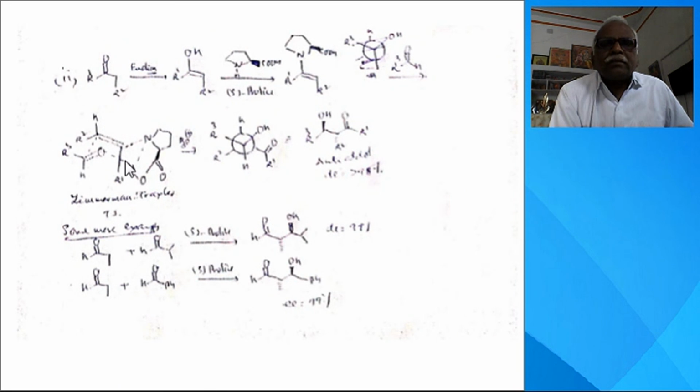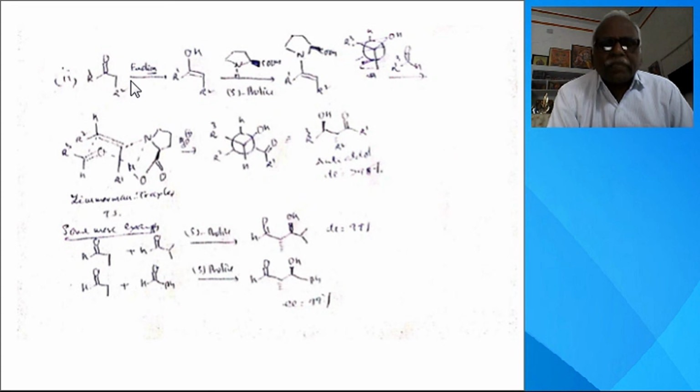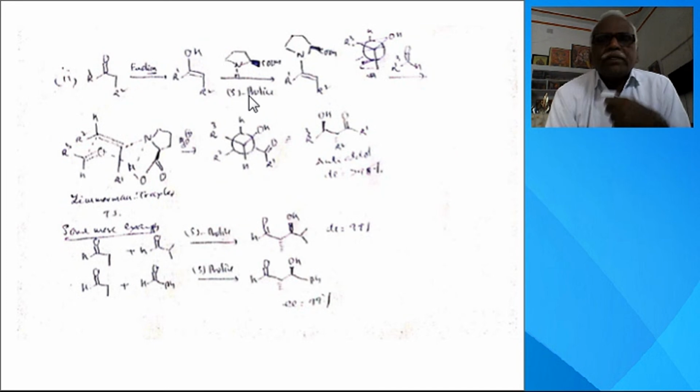Another example. The same substance I have taken here, the same substance we are using here. The catalyst here is proline, S-proline, an amino acid, which is also a secondary amine, so this forms an enamine. That enamine now reacts with this aldehyde, so here you can have a six-membered ring, cyclic chair conformation. This is the Zimmerman-Traxler transition state. Now what happens? This undergoes reaction, hydrolysis, and you get the product. Again we are getting the anti-aldol in higher percent, and the optical purity is more.